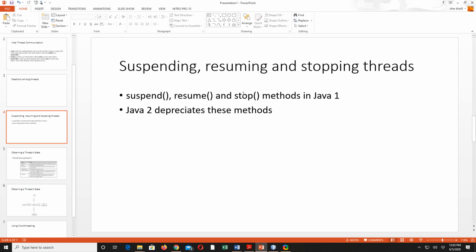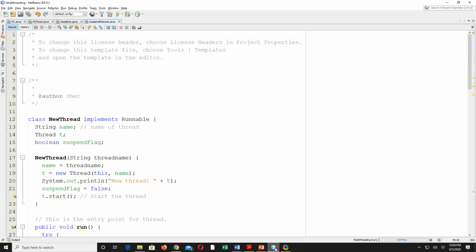Similarly, Java also said the stop method was a very good method to forcefully stop a thread. But how about if a thread is in the middle of its job and you by mistake call the stop method on it? In that case, the thread might be stopped midway. So Java says you should not use these three methods. They have been deprecated. But then Java says, well, you can achieve all the advantages that you had from suspend, resume, and stop methods by just using a couple of Boolean expressions.